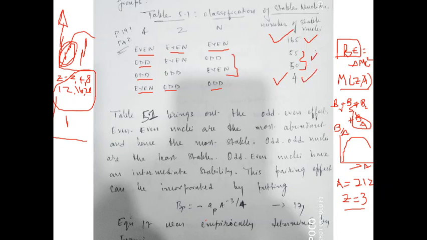So using this empirical observation, one term has been introduced to take care of this, and there is no explanation given for this term. It is just a term to take care of this observation found in nature. It is called the pairing energy term. It's called the pairing energy.